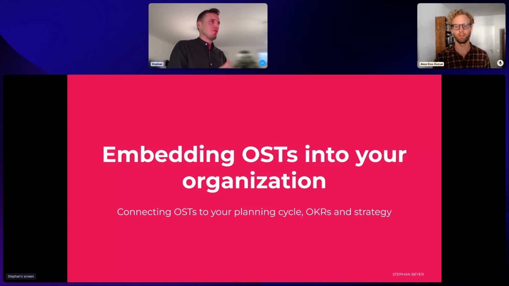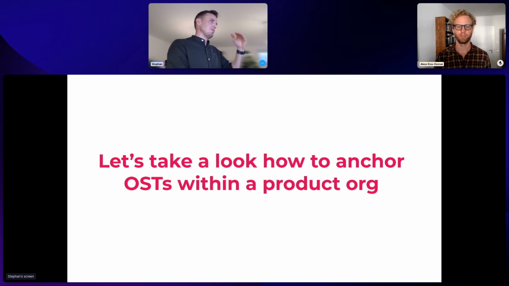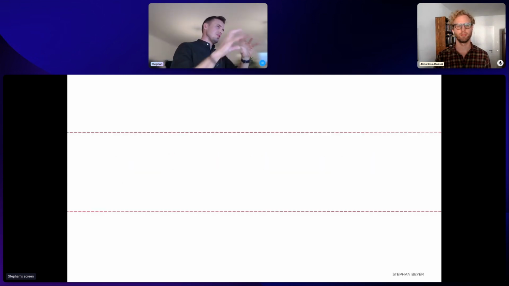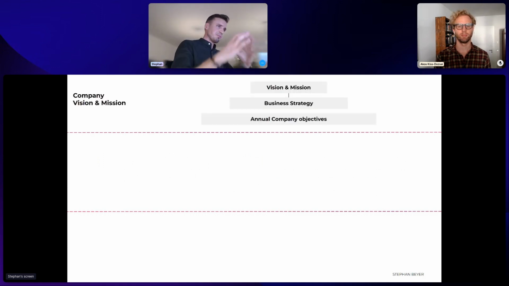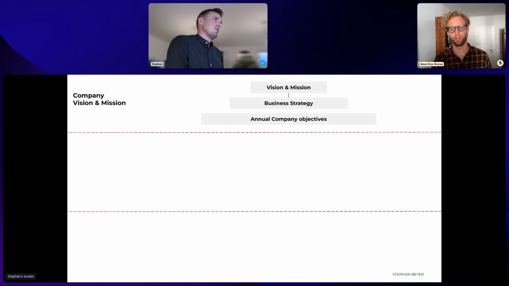So I think, again, there is no right or wrong, and every company has its own approach. Every company has their own resources, their own constraints, their own planning structure, their own culture. What just helped me personally is to basically break the whole planning structure a bit into 3 cycles or 3 structures, and show visually that there's an opportunity space at the bottom. So for instance, think about a company planning cycle. You might have your vision, you have your mission, you as a company, not as a product team. We come to that. You have your business strategy, where you want to go in